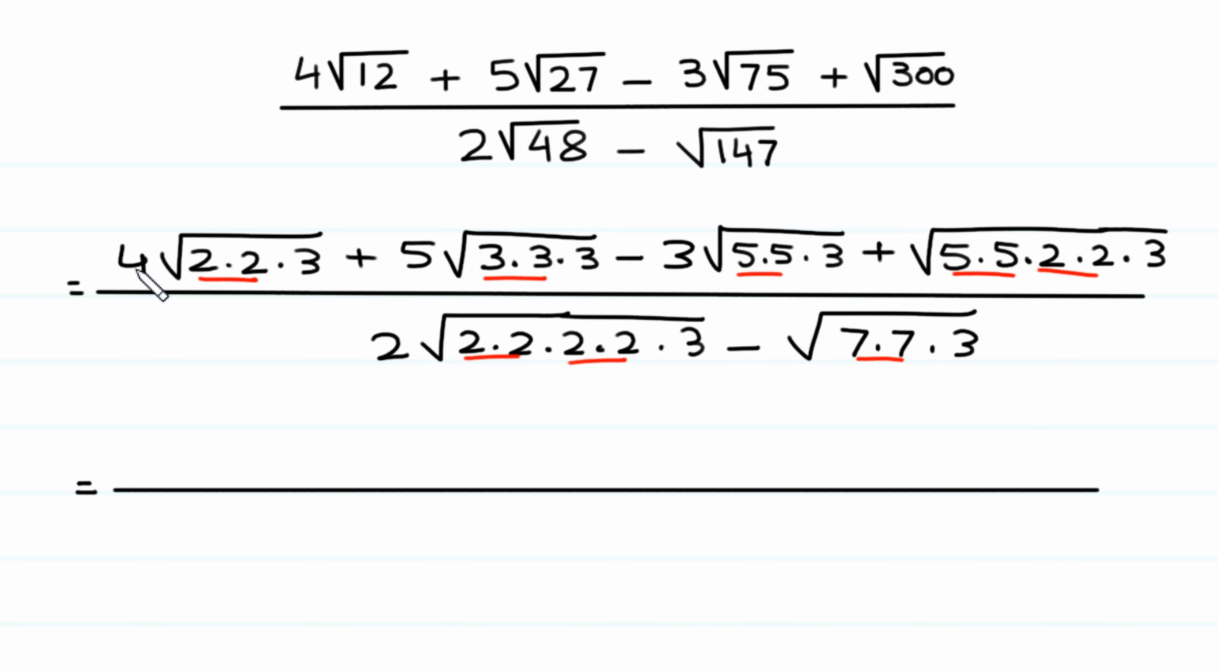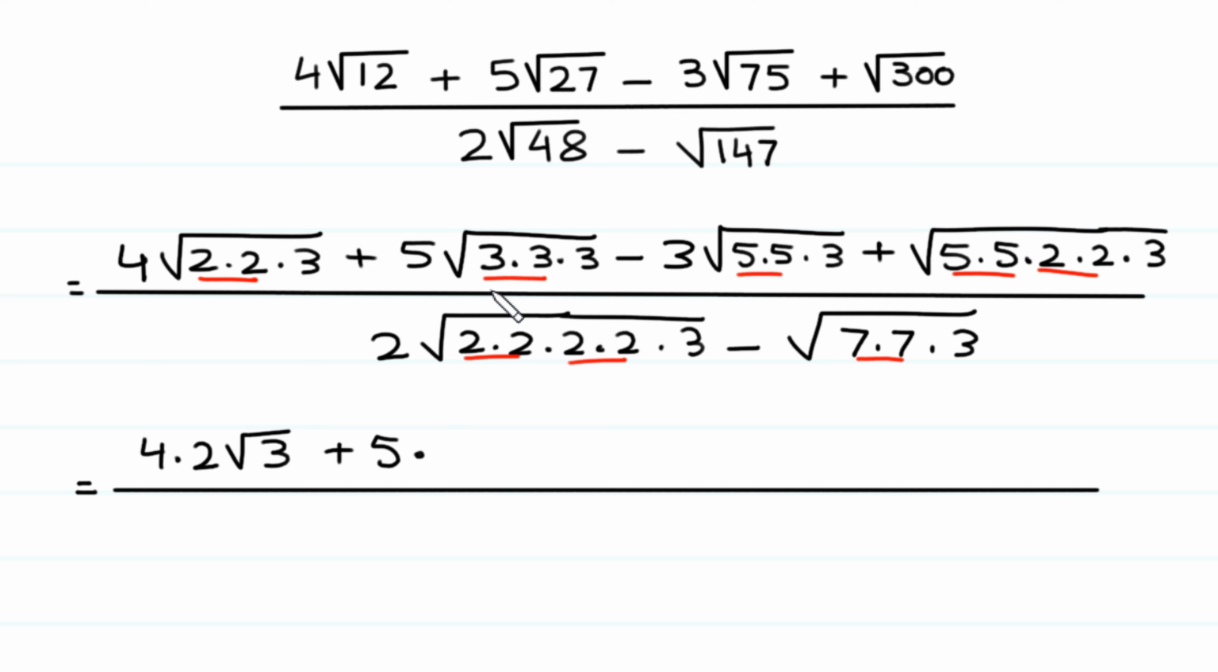We write this 4 first, 4 times, and this pair 2 times 2 is same as square of 2. So the square of this 2 will be cancelled with the square root and this 2 comes out of the square root. So we write here 2 and this 3 remains under square root. Square root of 3 plus